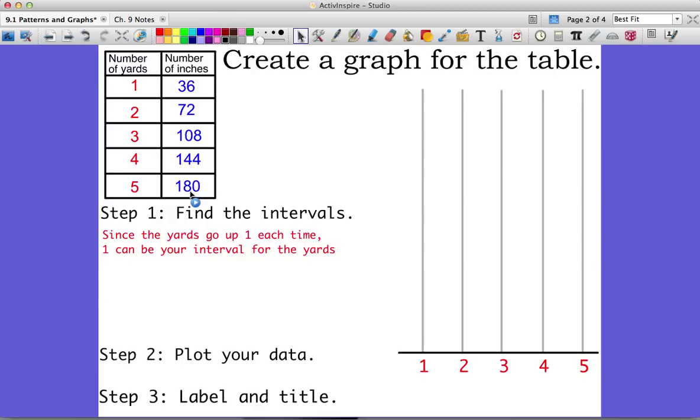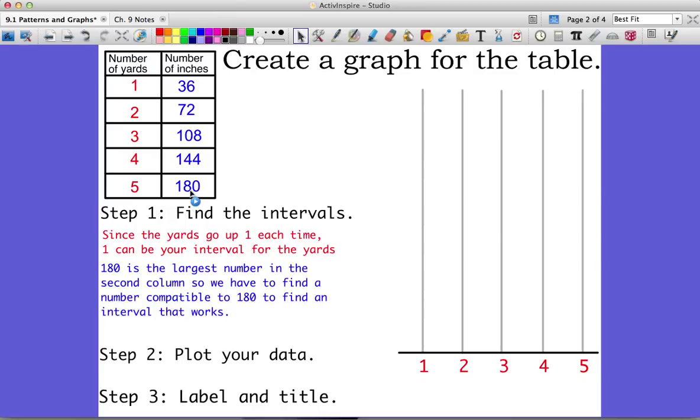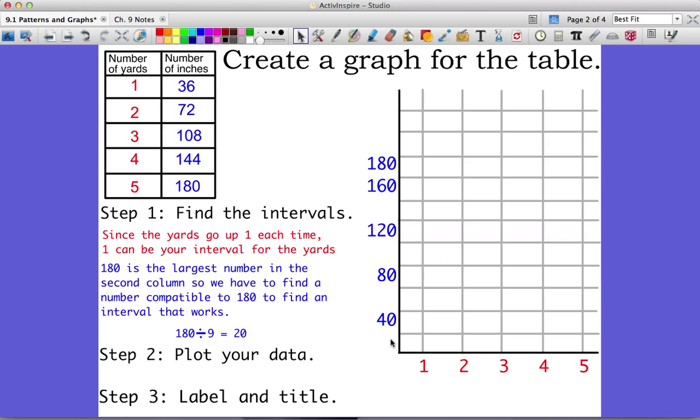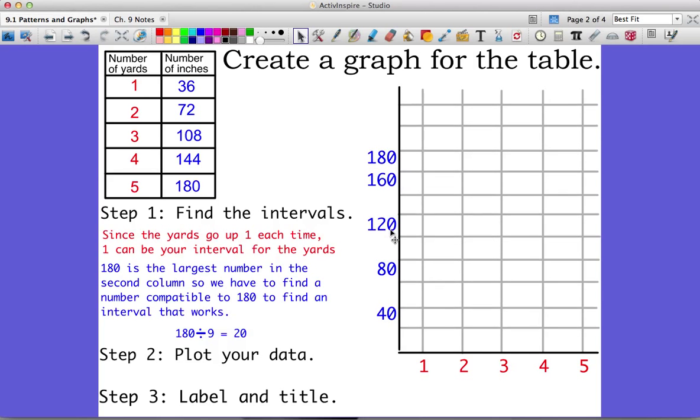Now our next interval, okay, since 180 is the largest, we need to be able to fit from 0 to 180 on this graph as a whole. So we have to find a compatible number with 180 to find an interval that works. I took 180 and divided it by 9, so I could use 20s. So on my y-axis, every interval is going to go up by 20. So I have 20, 40, 60, 80, 100, 120,